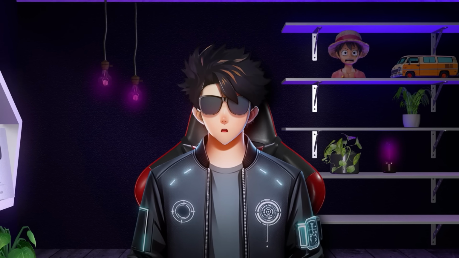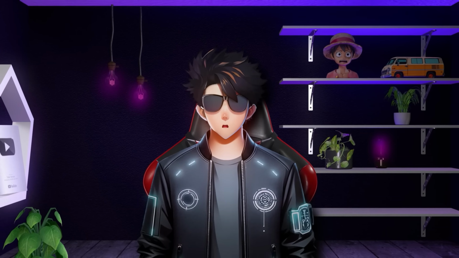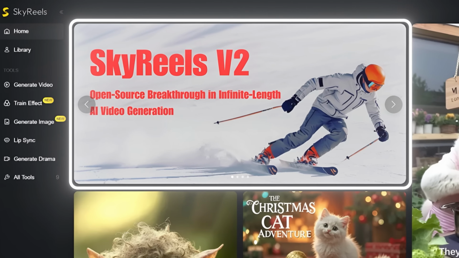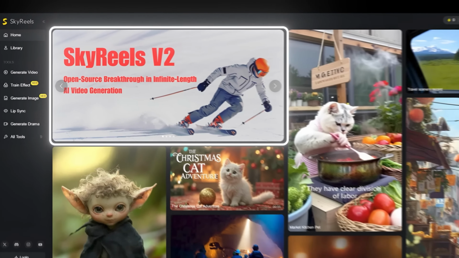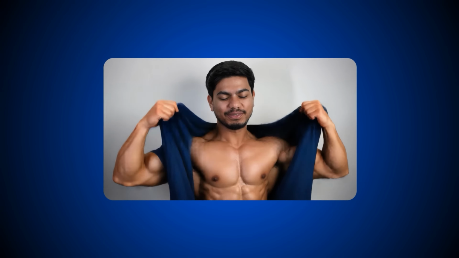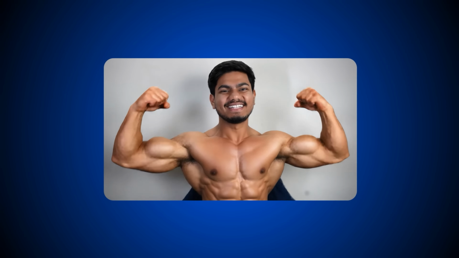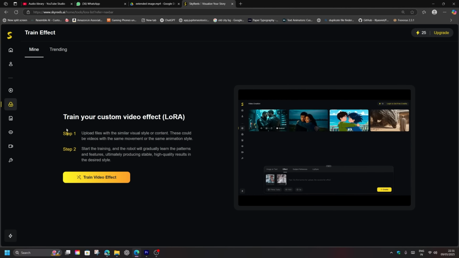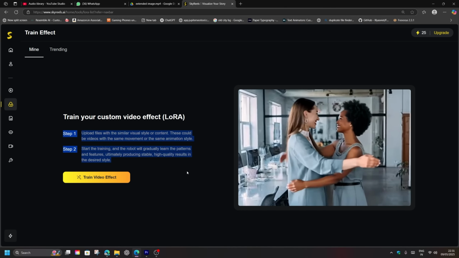Not only this, there is another feature in SkyReels which makes it even more unique. SkyReels recently launched its extend tool which allows you to make longer videos and create effects as well. You can create a similar effect as the shirt tearing effect that you saw a few seconds ago, as per your wish. All you have to do is come here and follow the given steps, and then who knows, you might even set the next trend on Instagram.